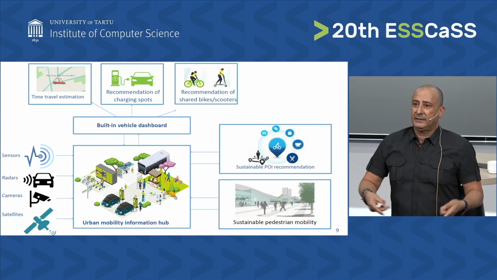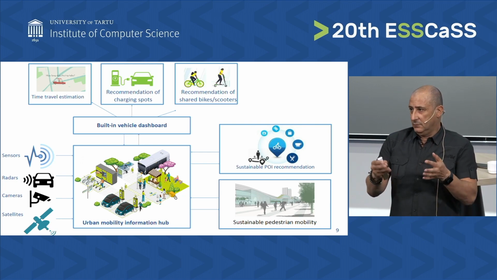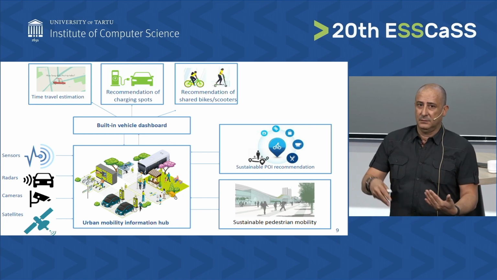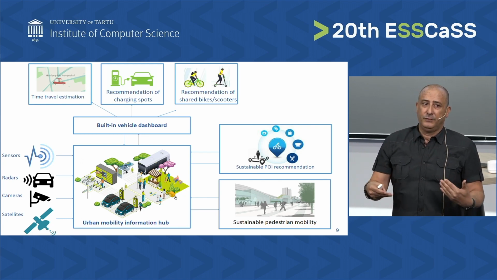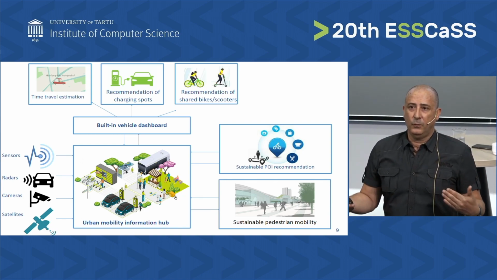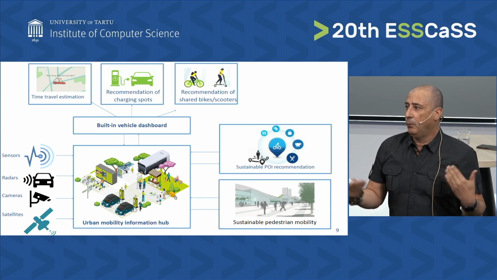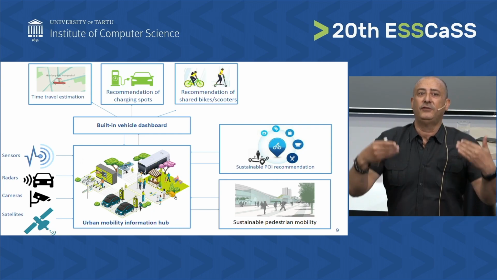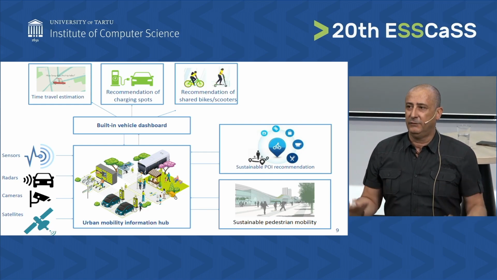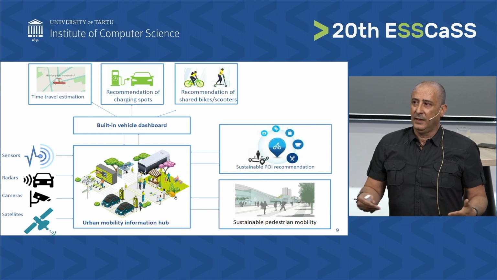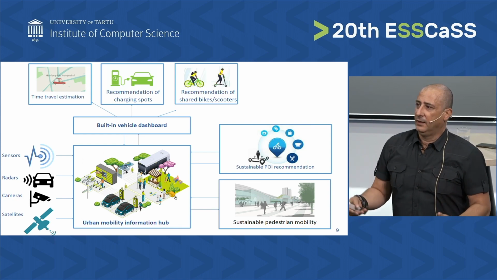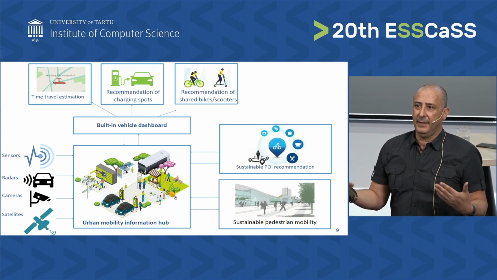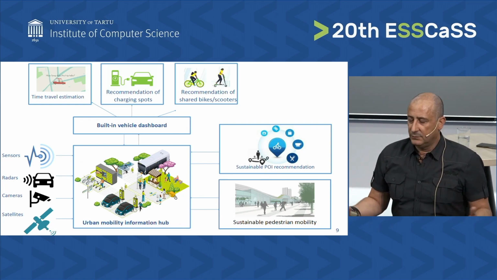It means that we are collecting the raw data about the availability of the charging spots. We are combining it with other types of data to recommend where to charge, where the charging spot will be available as soon as you reach it. You have to keep in mind that charging trucks or electric vehicles takes time, at least 20-25 minutes. So this is something that we also developed.